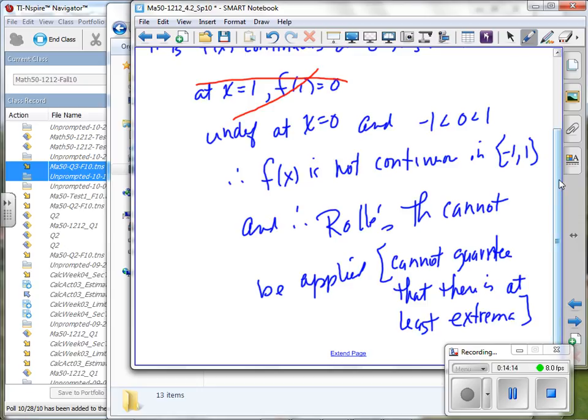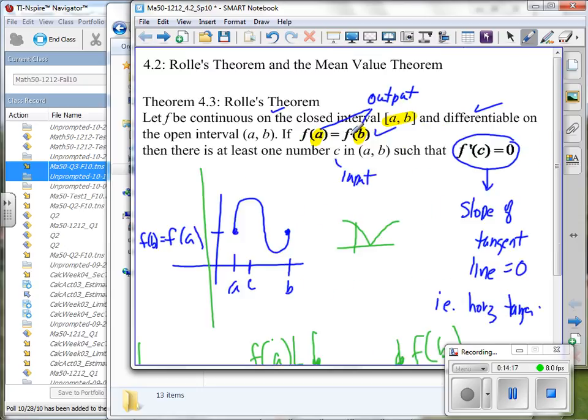What we can say is that given a situation where we want to know, is there a place where our profit is reaching a maximum? That might be nice to know, right? If you're in business, is there a point at which we have a maximum profit? If you have from 2005 through 2008,